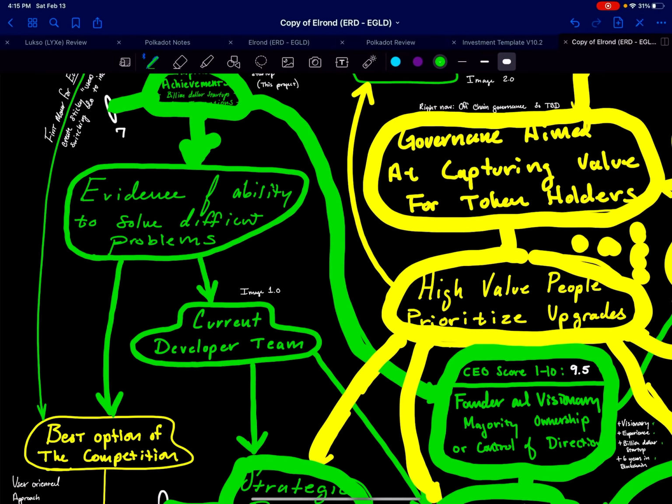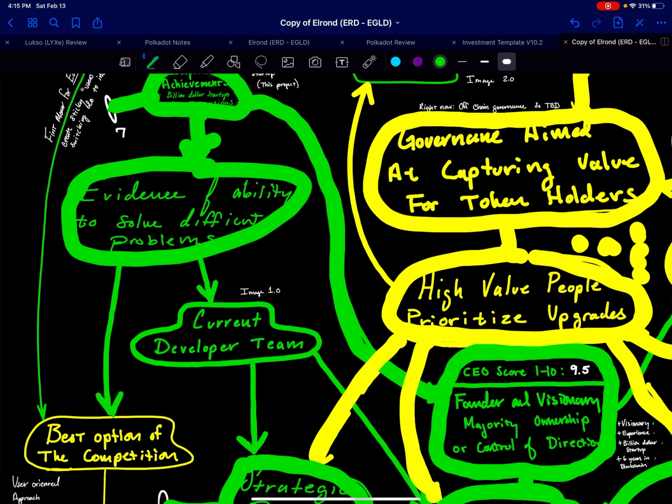So, evidence of ability to solve difficult problems. Well, this blockchain is a beautifully structured project. Looking into it and looking at their shards and how they reach consensus and having a secure proof of stake model is all very technically competent. I read through some of it, and I don't have to go into details, but it looks like an elegant design to the scalability issues that blockchain faces, while not compromising security.